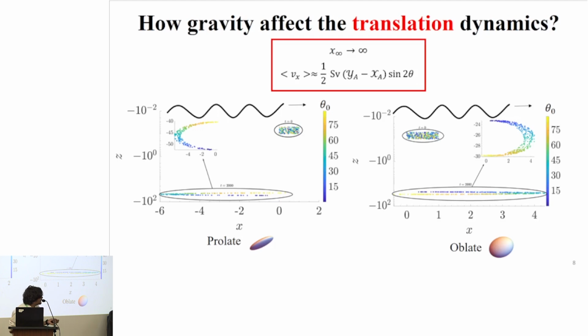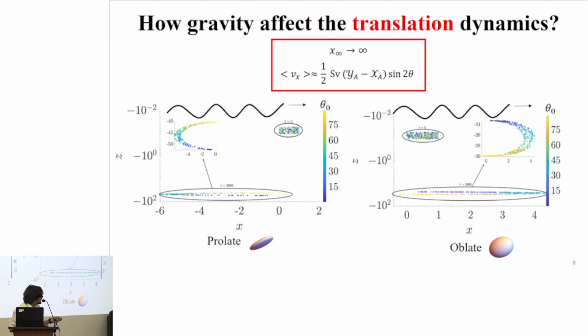So here I am showing the dispersion of a particle for both prolate and oblate cases. First I place the particle at time t equals 0. I randomize the initial location of a particle and the initial orientation, which I show by this color bar here. Then I found the dispersion of a particle at time t equals 2000, and we found that the dispersion of a particle depends on the initial orientation. For example, a particle with initial orientation close to 90 settles less comparatively at a given instant of time when compared with a particle with initial orientation close to 0.